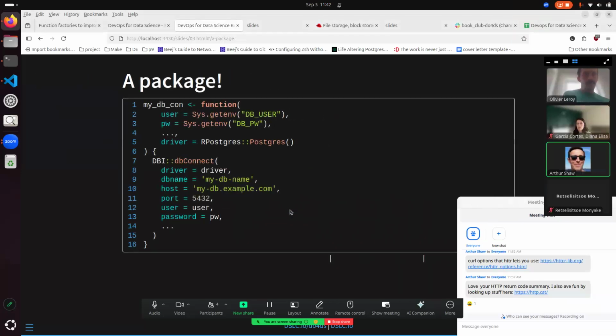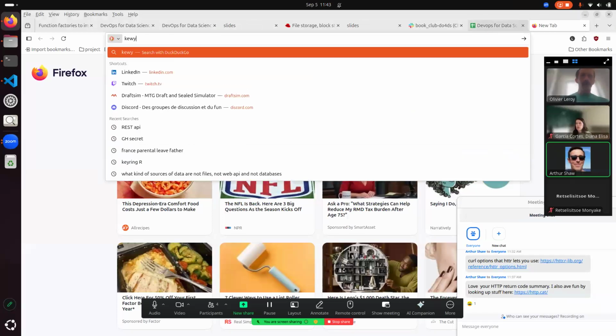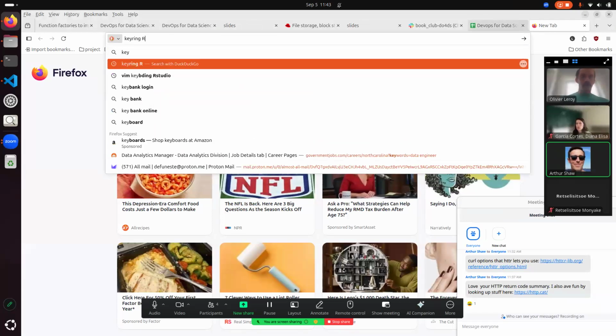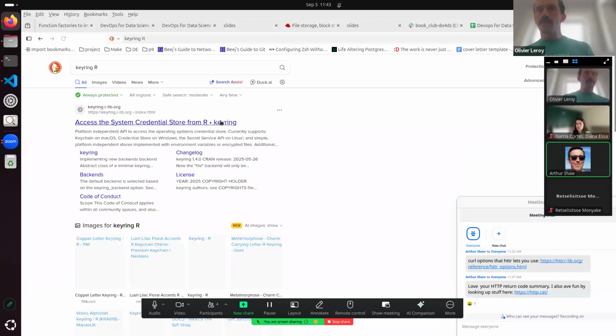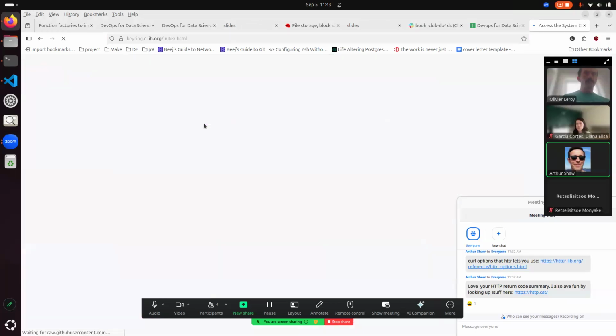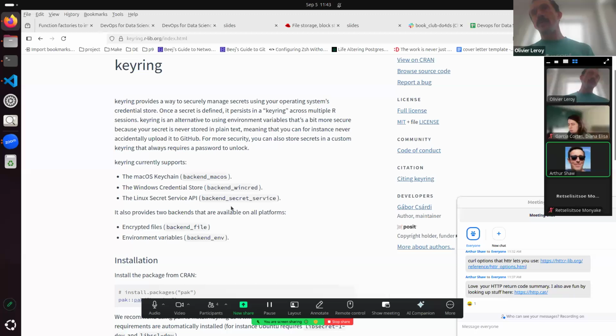I have one question about keyring, if you don't mind, or maybe a couple of questions. With the keyring package in R, if you happen to know, are your secrets only present as environment variables, so they're never available in memory? Does it work in the same way R environment works, in a certain sense, with an additional step of fetching from the OS? Yes, they're going to be present, I think,